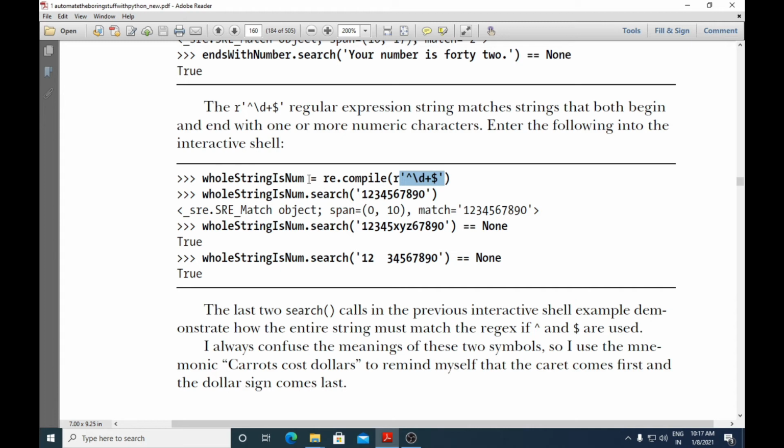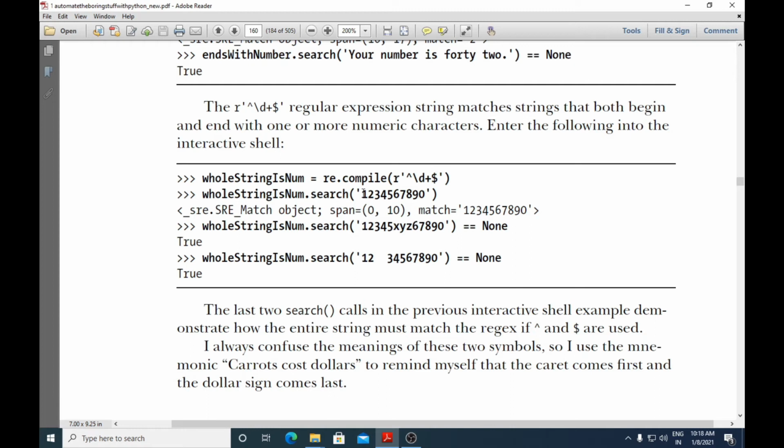Okay, and that is assigned to which variable? whole_string_is_num. Now this object, dot operator and the search method. What is the string that is passed to the search method? It is a string of numbers.